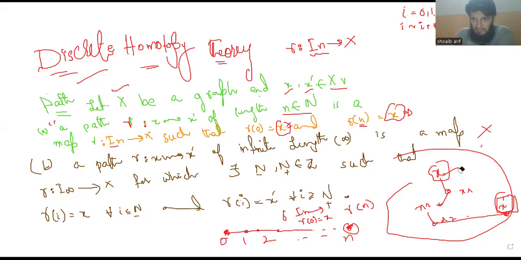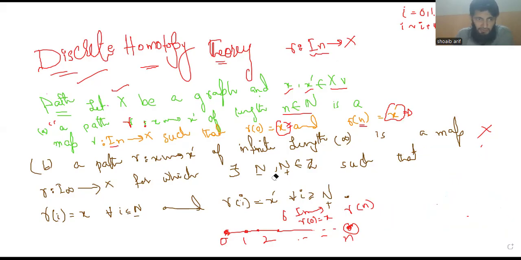Now let's discuss the second, the infinite length path. What is the definition of an infinite length path? A path gamma from x to x prime is of infinite length if it is a map gamma from I_infinity to X for which there exist n minus and n plus, some integers, such that